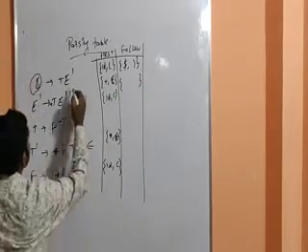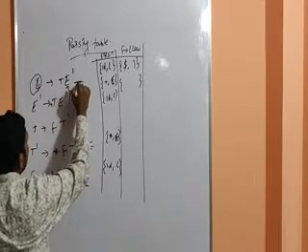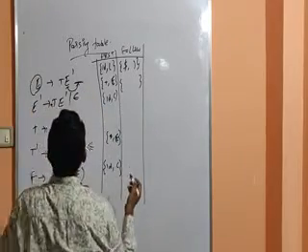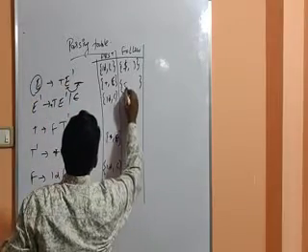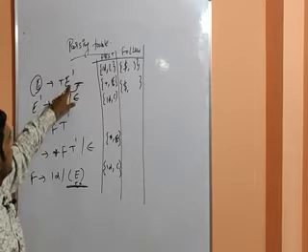Here I have follow of E dash. What is the follow of E dash? What is the next variable of E dash? I didn't have any follow variable for E dash. So what I will do is I will represent it with a dollar symbol. Why? Because I didn't have any follow variable for E dash in this location.